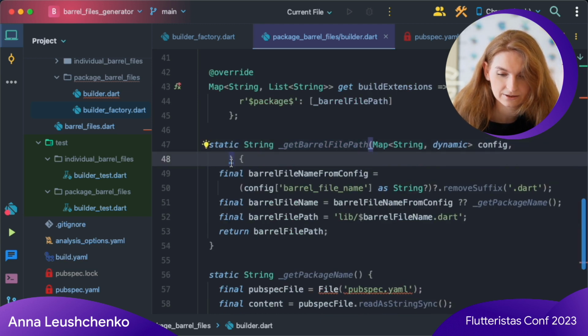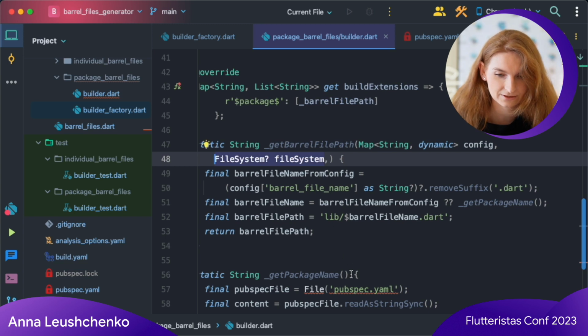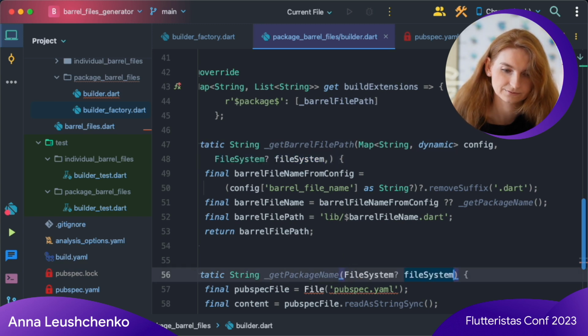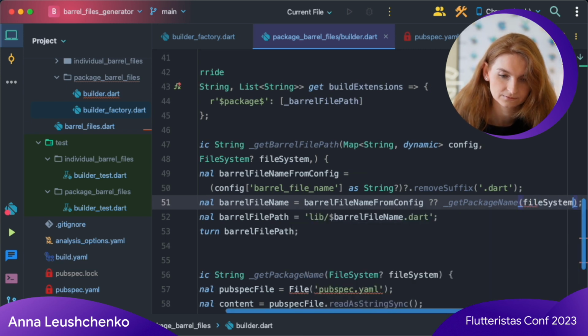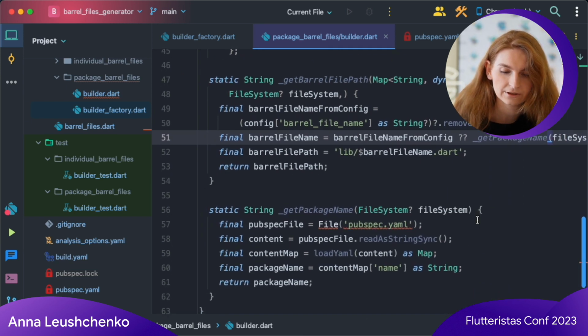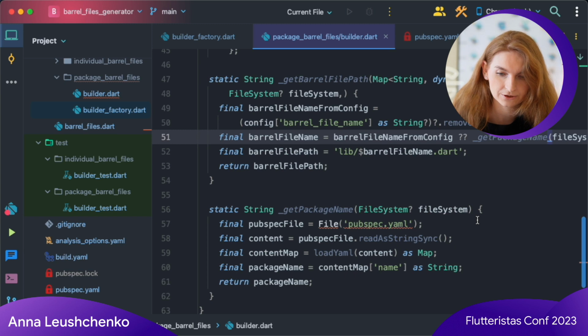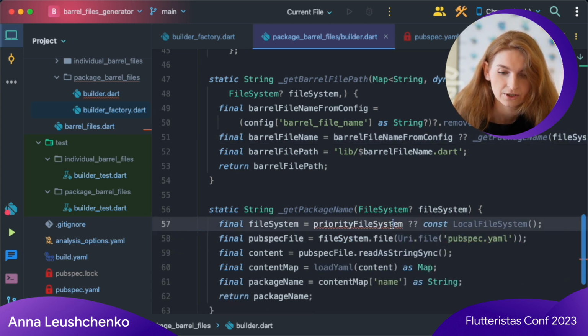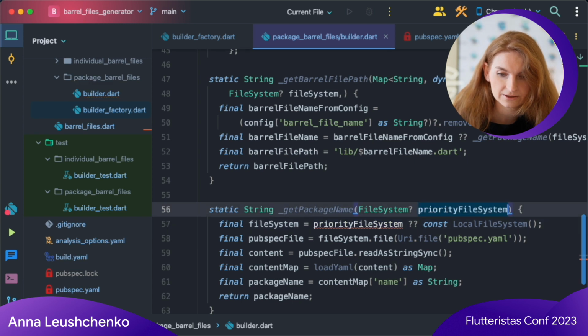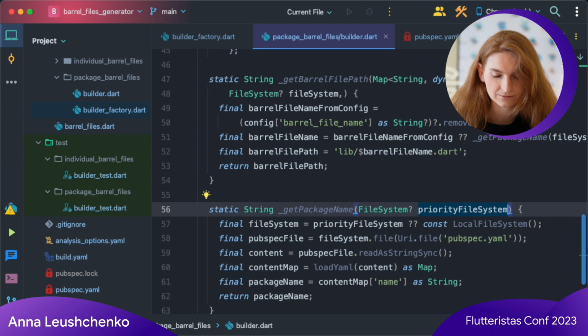And finally, it gets delivered to the getPackageName function, because that's where we read the pubspec file. Now here, instead of creating a file object, I initialize a file system variable which either equals to the file system object passed as a parameter or the local file system, and read the pubspec YAML file from it.